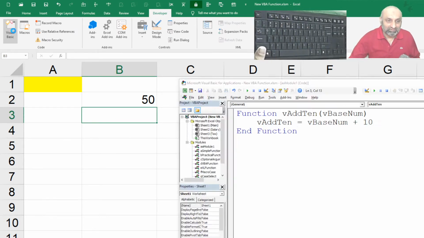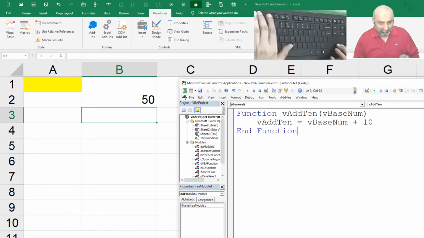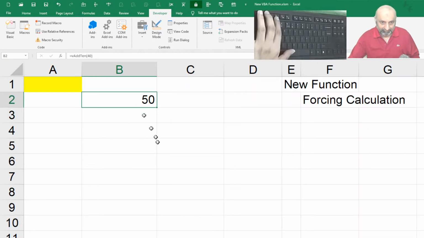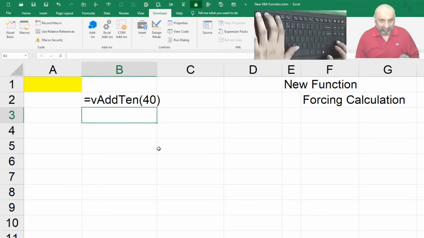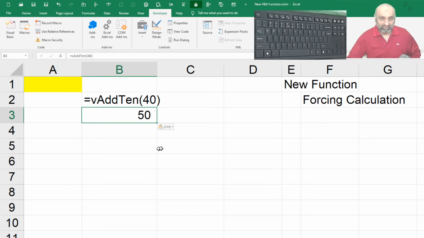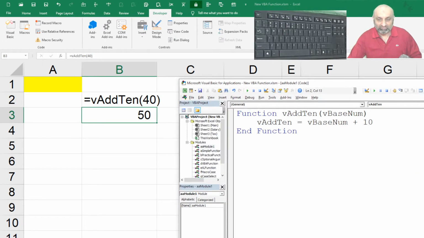So this is the simplest form of function we can have, and you can see the equation and the result. So function followed by function name, within the brackets the variables, and then the function name has to assign a value, and after that value we need to end the function. This is the simplest form.